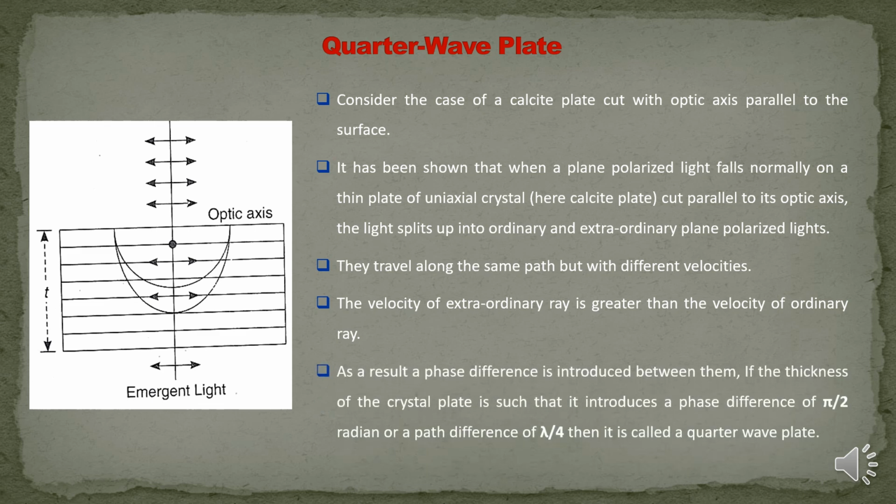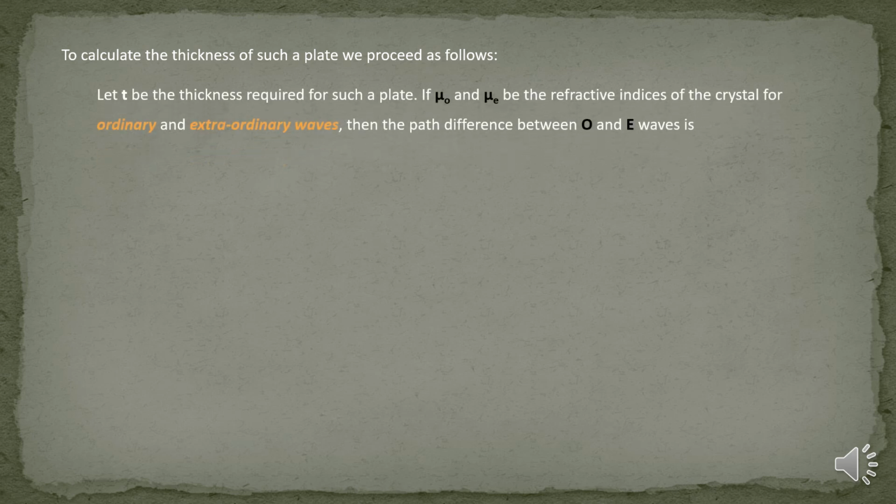As a result, a phase difference is introduced between them. If the thickness of the calcite plate is such that it introduces a phase difference of pi by 2 radian or a path difference of lambda by 4, then it is called quarter wave plate. To calculate the thickness of such a plate, we proceed as follows. Let t be the thickness required for such a plate. If mu O and mu E be the refractive index of the crystal